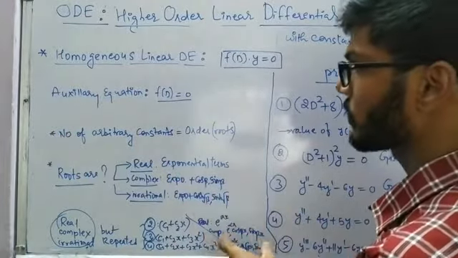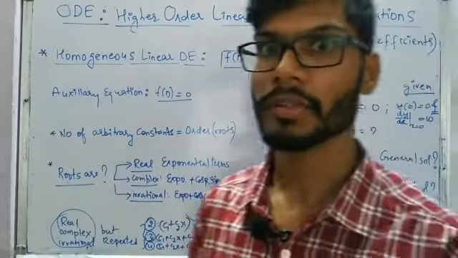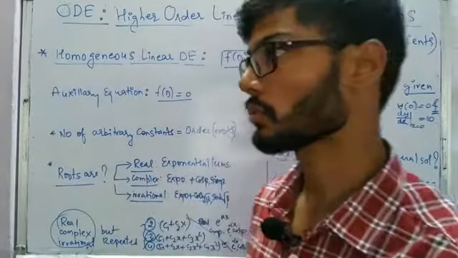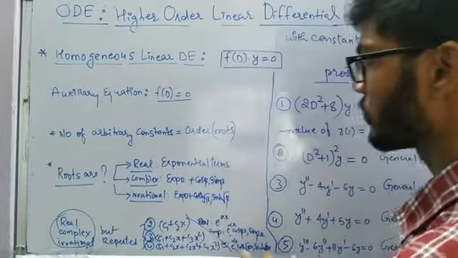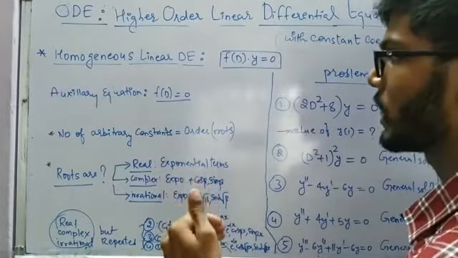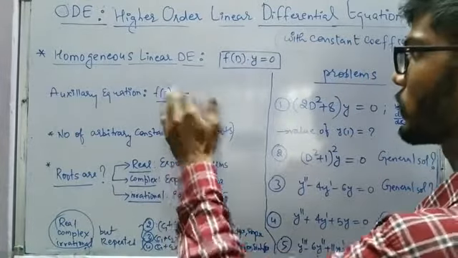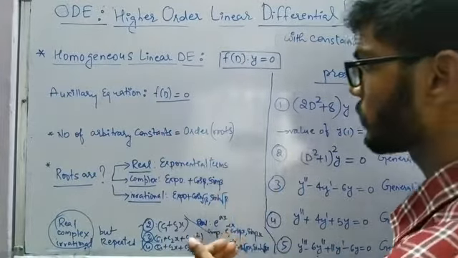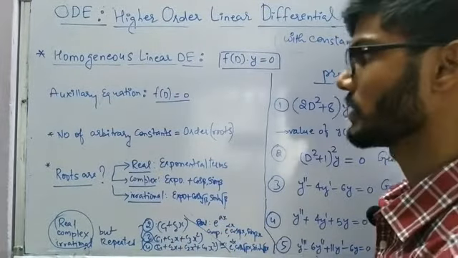Also I said one more thing, about the number of arbitrary constants. While writing the solution, we were writing C1, C2, C3, C4. All of them are arbitrary constants. The number of arbitrary constants is going to be the order of the differential equation, or the number of roots, because if it is of second order, we are going to get 2 roots. If it is of third order, we are going to get 3 roots. So it is either the number of roots, or we can say the order of the differential equation.